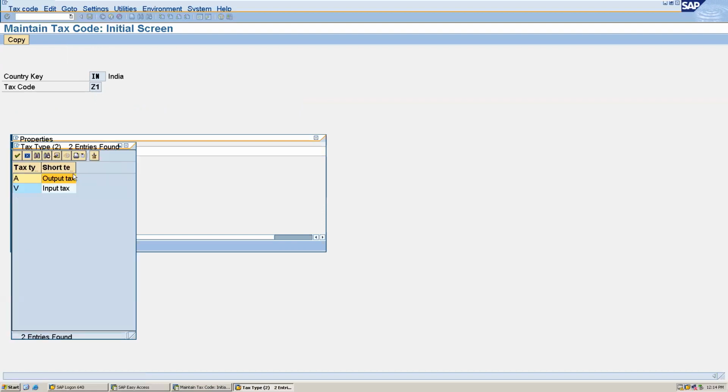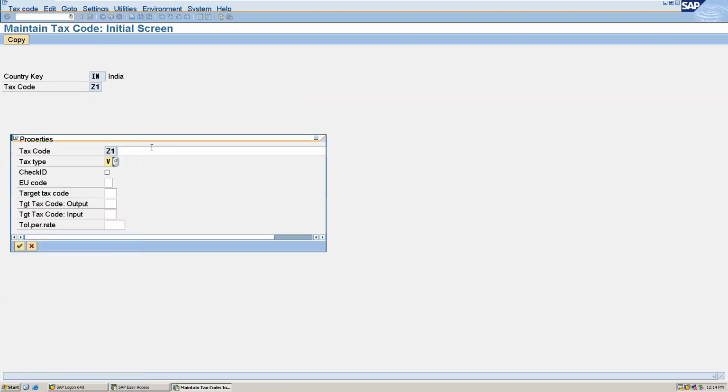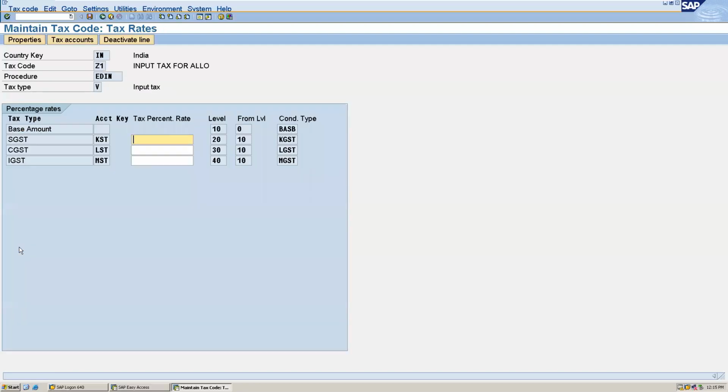Here you can see it will be for input tax. I will define it as input tax for ALLO. Okay, you can save that.